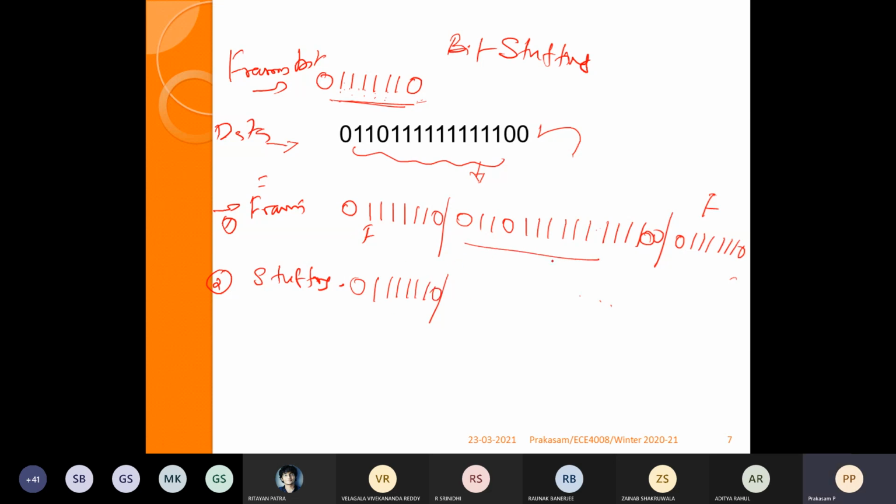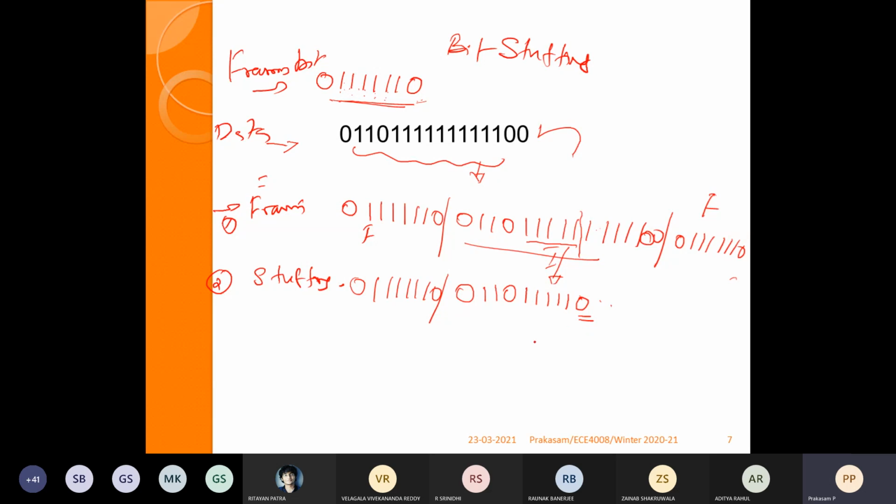This is the information: 0, 1, 2, 0. Then after 5 consecutive ones, 1, 2, 3, 4, 5, we add an additional bit as the stuffing bit.